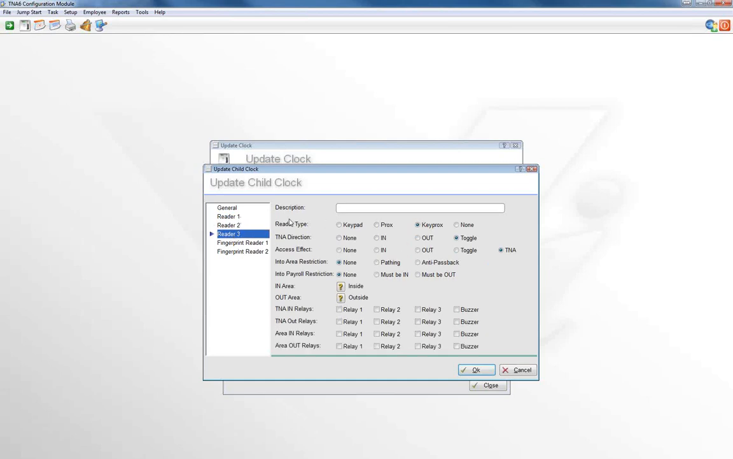So if we just go through these settings just so that you can know, you can put a description again. The reader type, you can set whether it's the keypad or the proximity reader or the key prox, or whether this reader needs to be disabled completely. You can also then specify the TNA direction. So let's say you've got 2 clocks and this clock is only an in clock. So all the employees that are clocking in here will only clock in